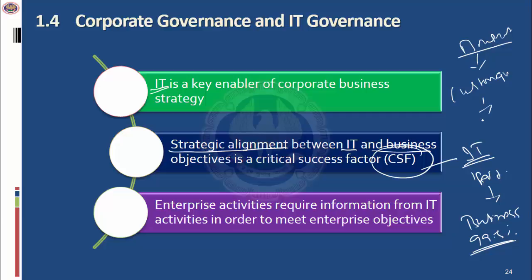Now, when you're looking at enterprise activities, the activities which need to be performed by various enterprise processes are derived based on the IT process. This is where you need to look at the IT activities, and both of them need to be aligned in tune with the enterprise objectives. For example, let's say an ATM has to work 24/7, and this 24/7 is not from the IT perspective, but from the business objectives perspective.